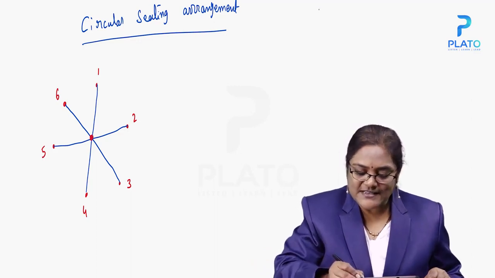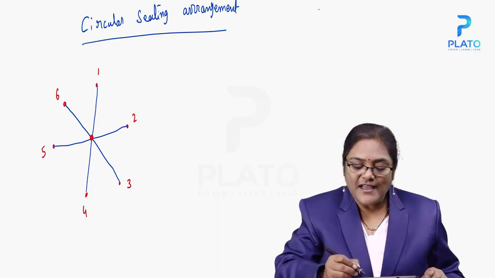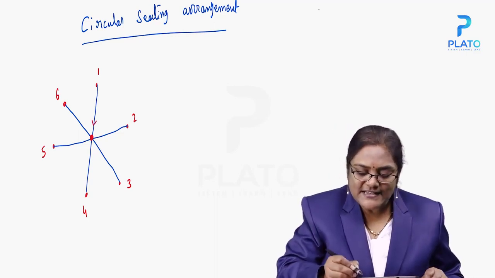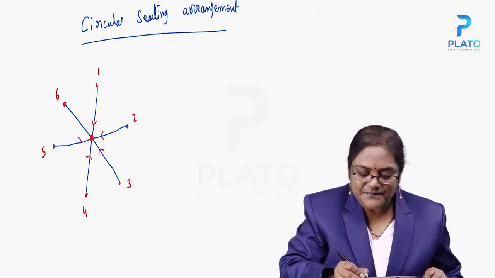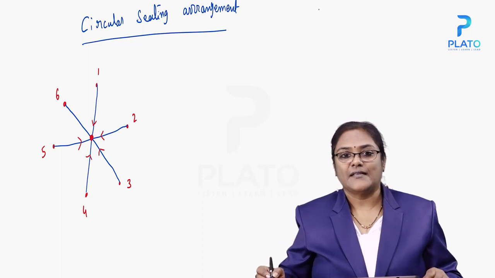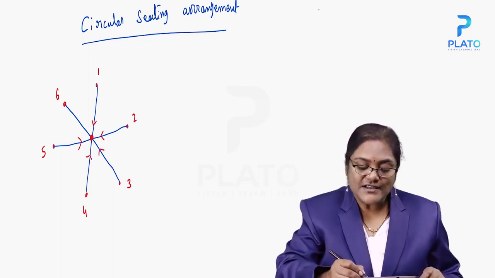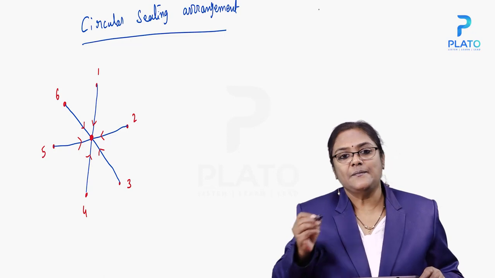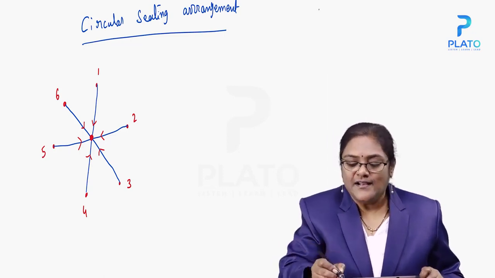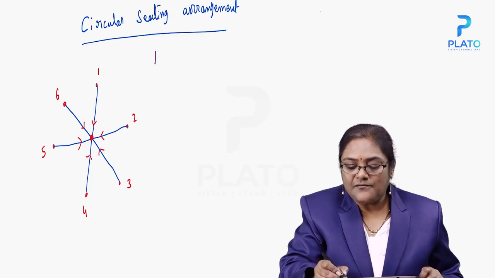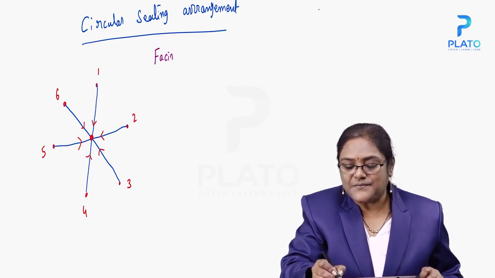If everyone is facing the center, then what is the right and what is the left? I'll give you a very simple way, so please make a note of this. When people are facing the center,